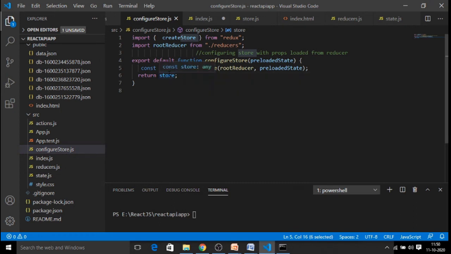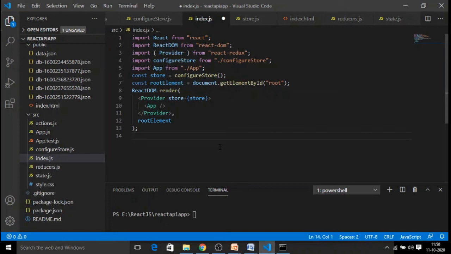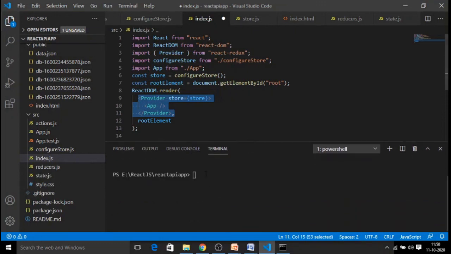As soon as reducers completes this logic, configure store, the store gets created, and this will return the store. Where are we going to use this store? This store we are going to make use of in our index.js. In the index.js, we are going to get the store here, and by using provider, we are going to update our store details. So how do we manage with this? How are we going to check this application?